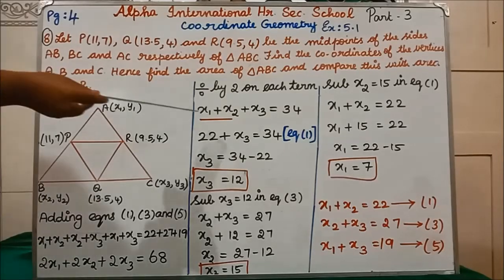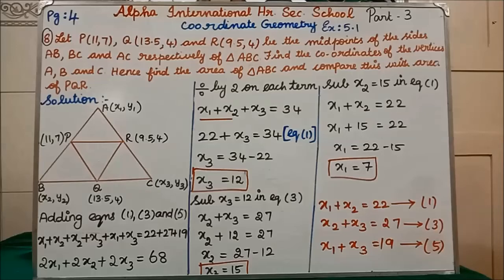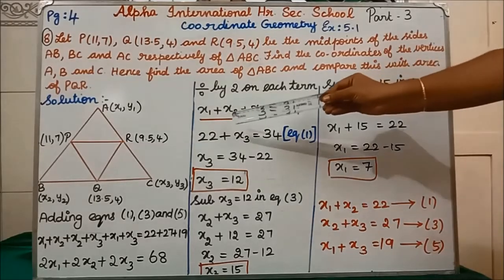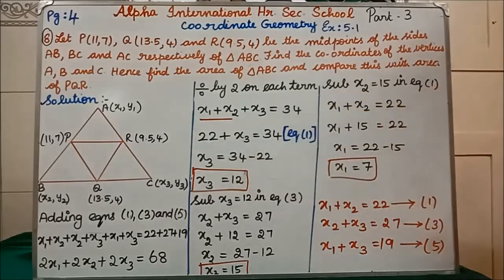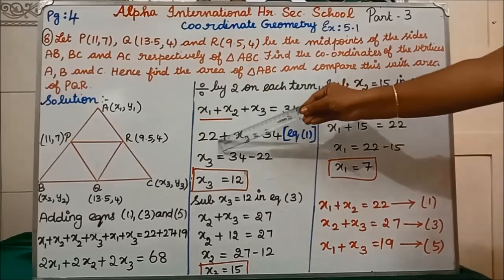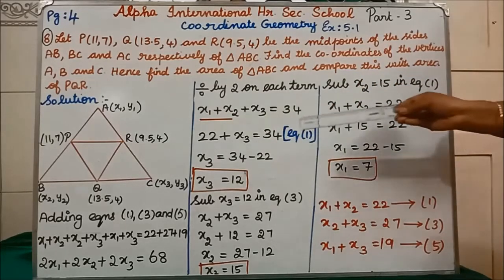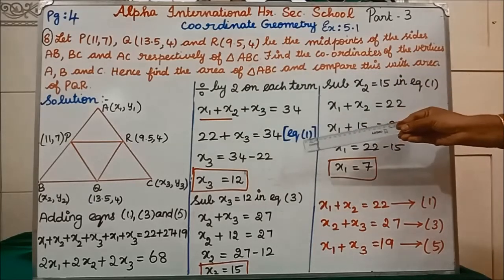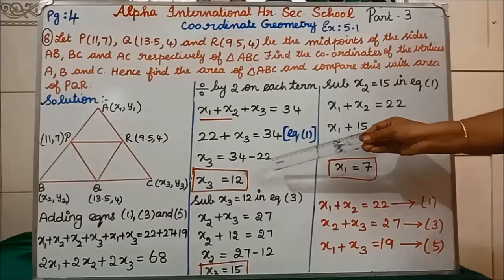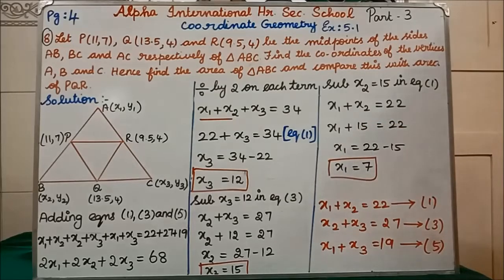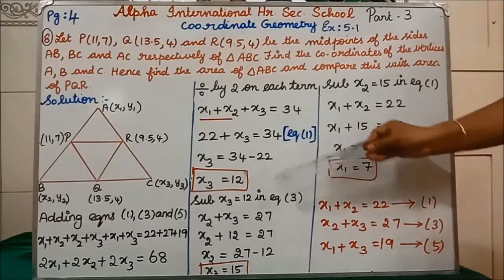Now you see here, x1 plus x2, what value are we having here? In equation 1, x1 plus x2 is equal to 22, isn't it? So in the place of x1 plus x2 we are substituting 22. See, in bracket I have written equation 1. Because x1 plus x2 equal to 22, I am writing 22 plus x3 equal to 34. The next step, bring this 22 this side, it will become subtract. So 34 minus 22 is 12. Clear? Now one point, the x3 value, we have found, it is 12.